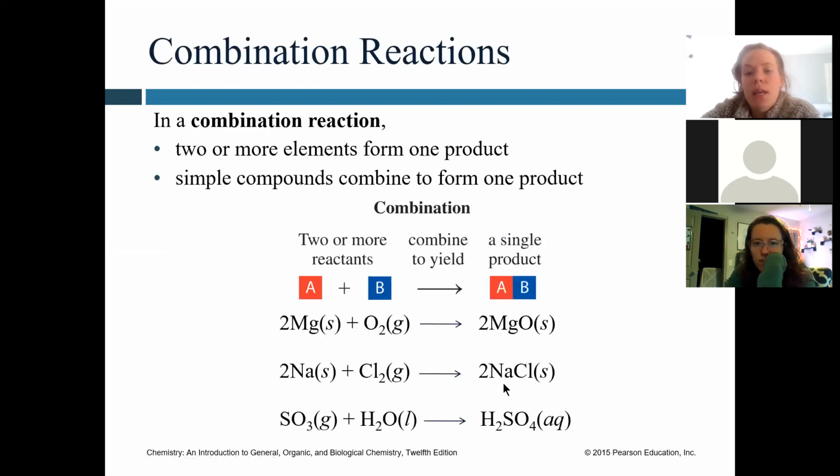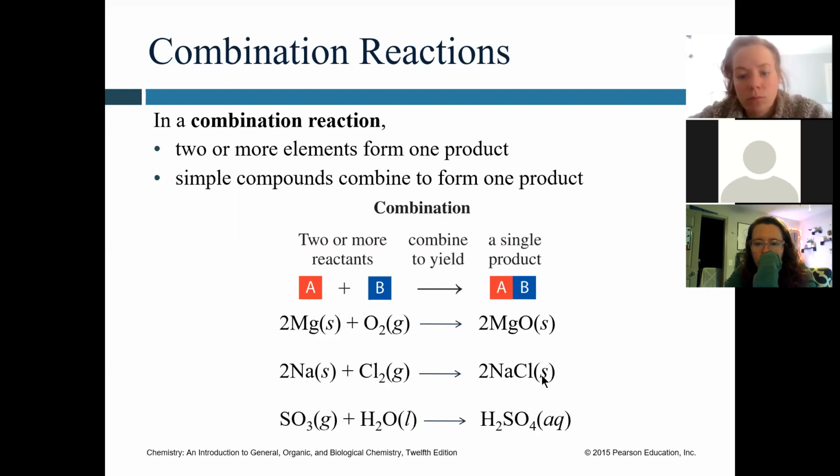In a combination reaction, 2 or more elements form one product. So we have A and B, and they get together to form AB. These are all examples of combination reactions. Magnesium combines with oxygen to produce magnesium oxide. Sodium combines with chlorine to produce sodium chloride. In this case, we have sulfur trioxide. This is not the sulfite ion because there's no charge. So sulfur trioxide combines with water to produce H2SO4,